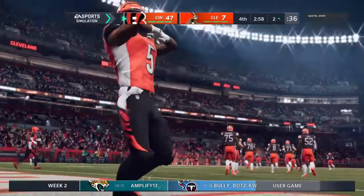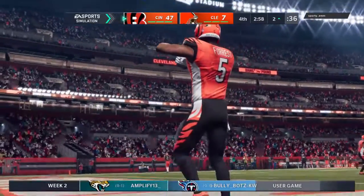That's the story of the game. They've been suffocating all game long on defense. They were